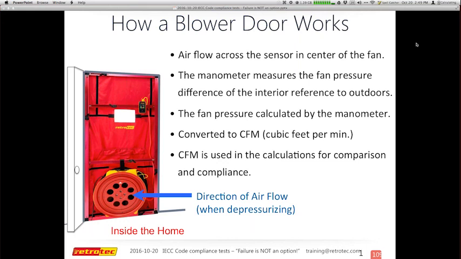So again, we set the blower door up. We're depressurizing from inside to out. We're inside the home, pulling air from the inside to the out. The reason we do it is because it allows us to compare one home to the next. So I set my blower door up, and all these penetrations that I've actually put into the house, air handler, can lights, windows, all these things get added up and become part of my leakage on how the